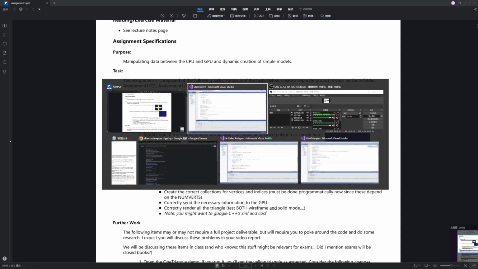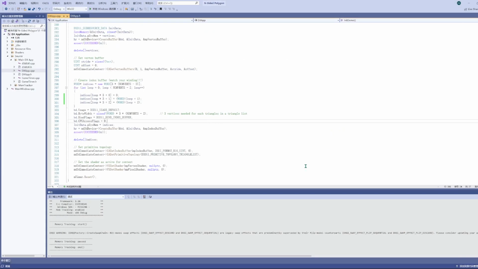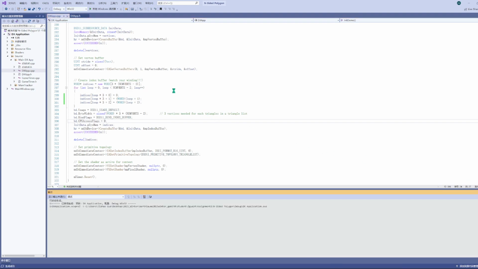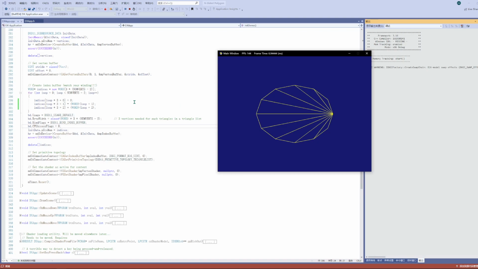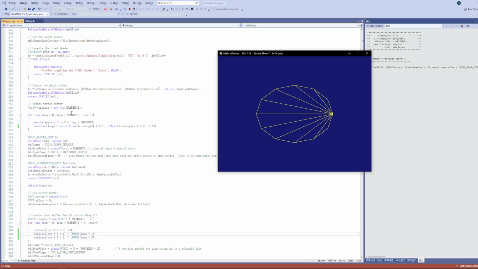So for the next one, inside polygon, let's see. This one is a little bit complicated. For the vertices, in this case we have 12 vertices. So in order to make this dynamic, we have to set up an array, and in order to get the coordinate of each vertex, we need to find the angle between our origin point to each vertex, and